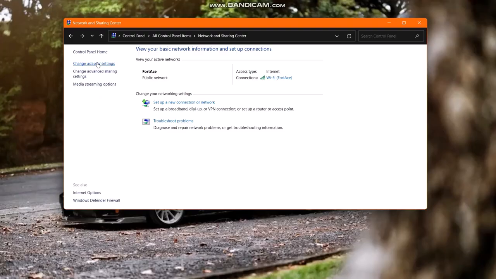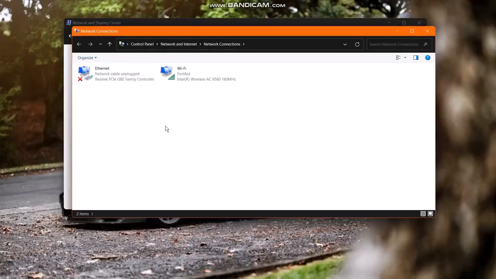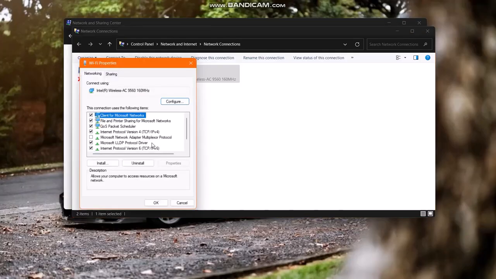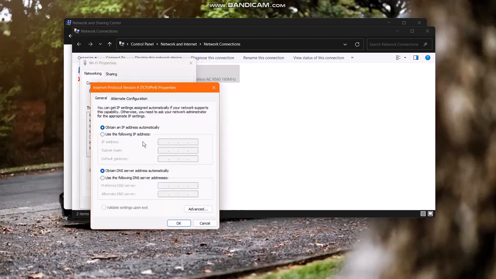Now click on that, and once you click on that, here what you need to do is select the internet that you are using, and then right click on it and then select properties. And once you are here, what you need to do is select internet protocol version 4 and then click on properties. And once you do that, here click on use the following DNS server addresses, and then here on preferred